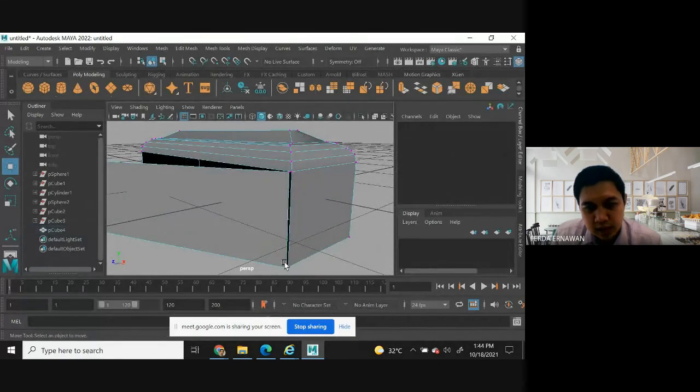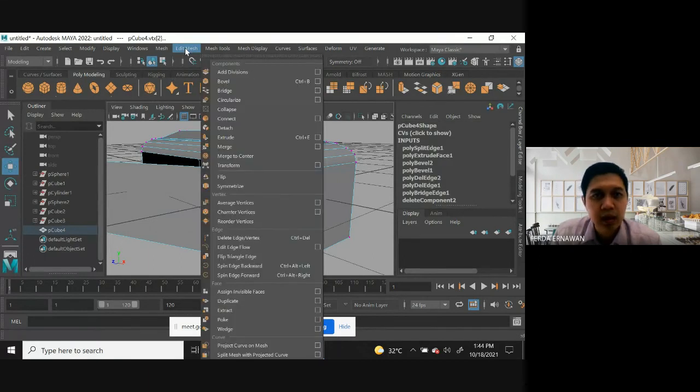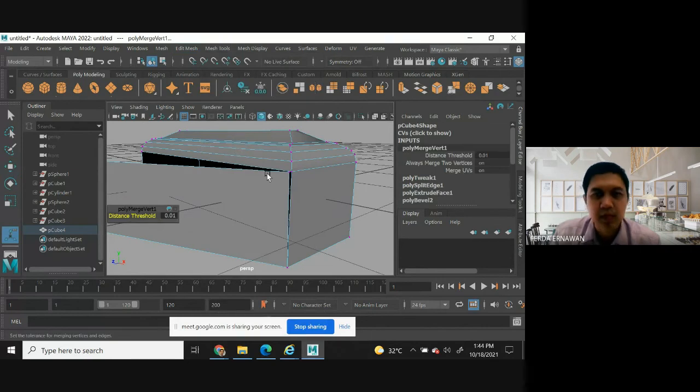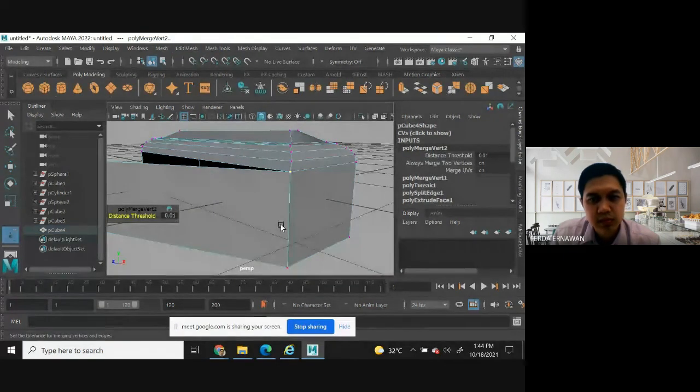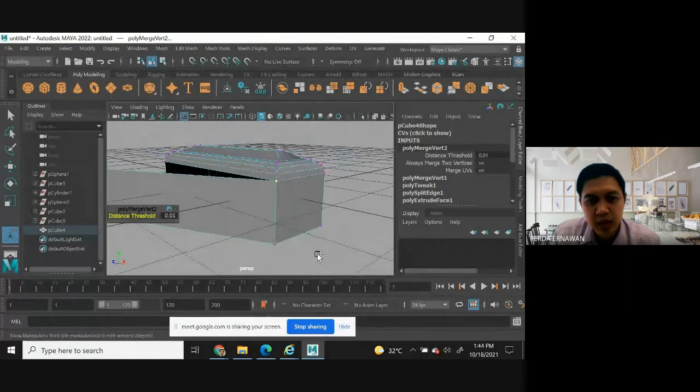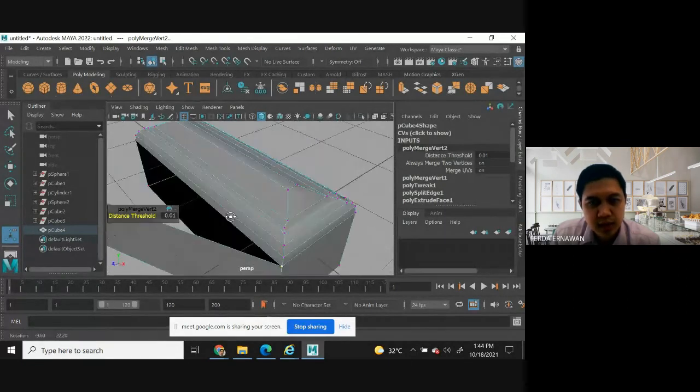And then I select both of the vertices like this. Click edit mesh, and then merge. Same like this. Select two of them, edit mesh, merge. So it's ready. Combine it. Can you see? Combine it.